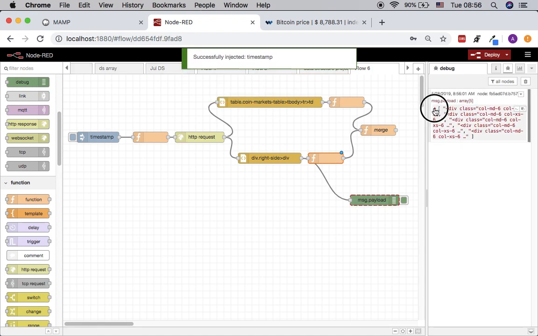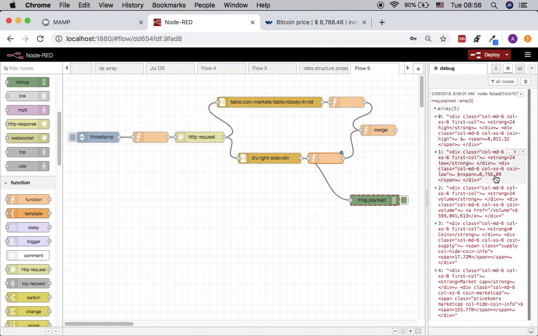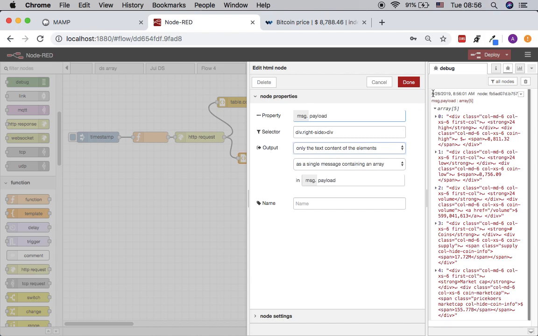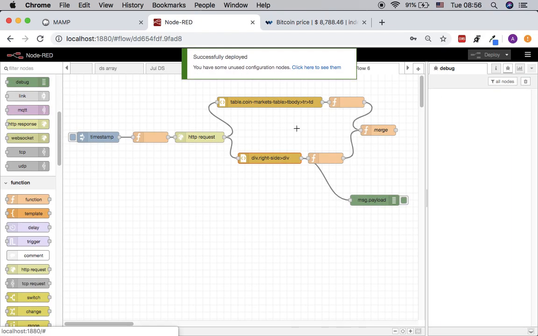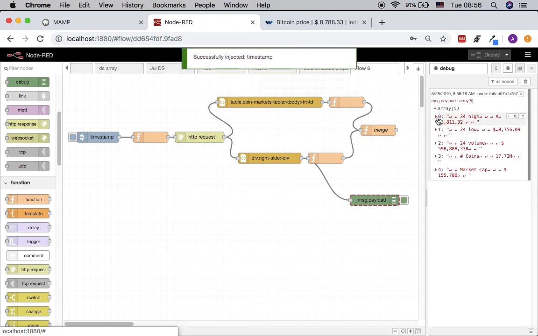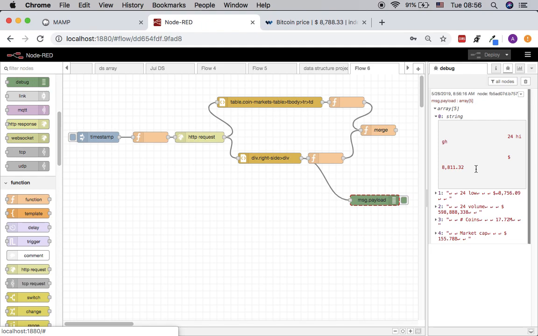This time we have the array. Good. Also this time we are going to select only text contents, and hopefully we can get the array of this. And here we go, we got the array of this, but the problem is